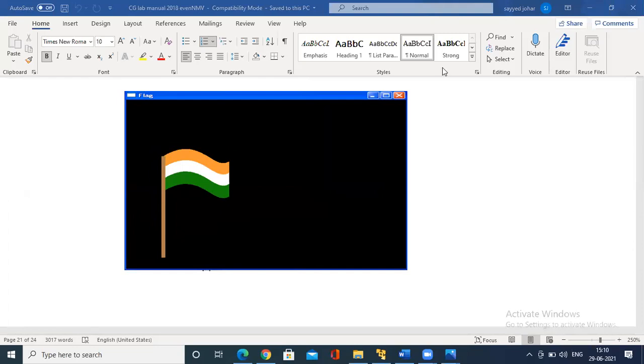We have two concepts here. One is control points, and the other is curve points. Number of curve points means how many points will you draw along the curve. So basically we will take 4 control points and we will take 20 curve points to draw this particular image. So this is the concept.